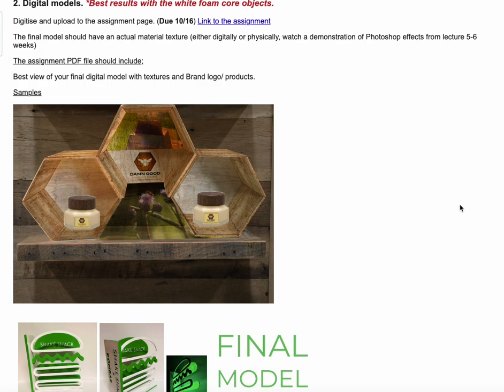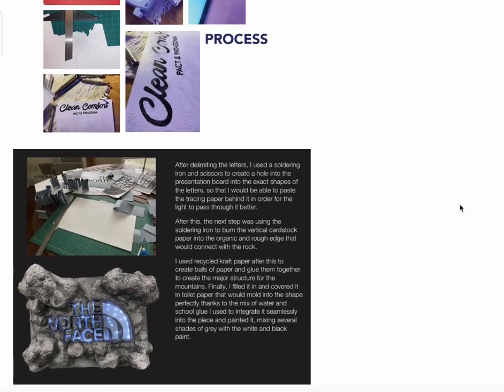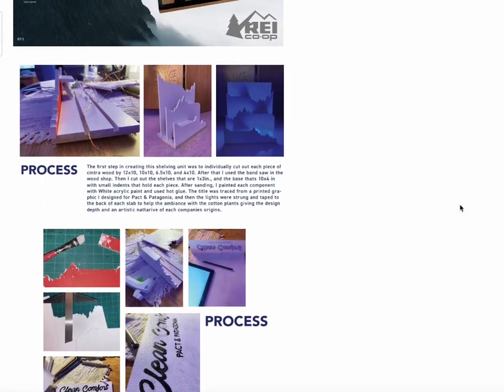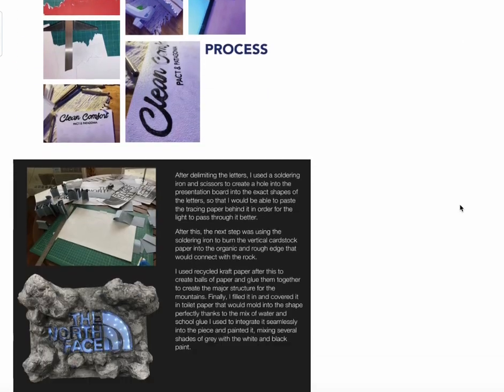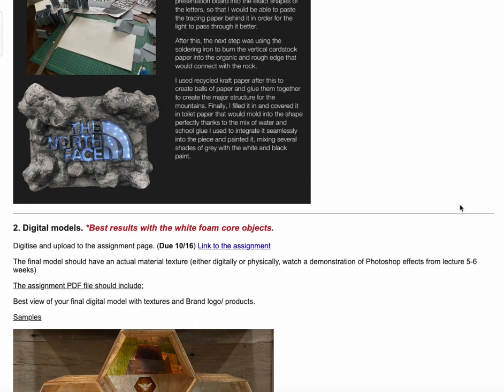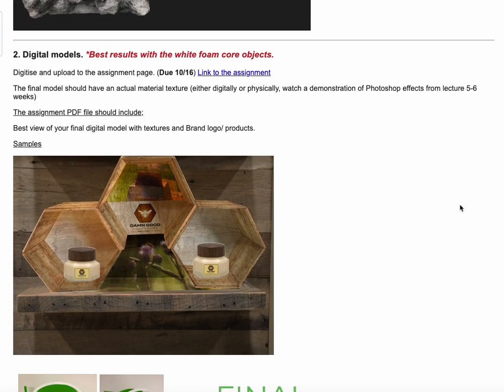Next assignment will be digitizing your model. You guys finish all this physical model making by Monday and move on to digitizing your model. First, you have to get your final physical model in really good shape.